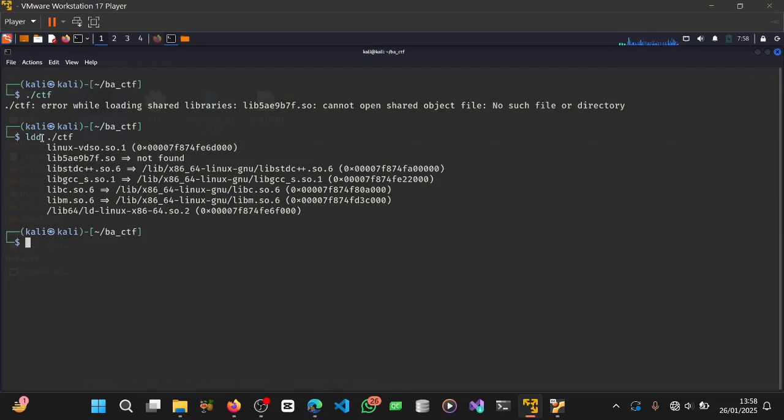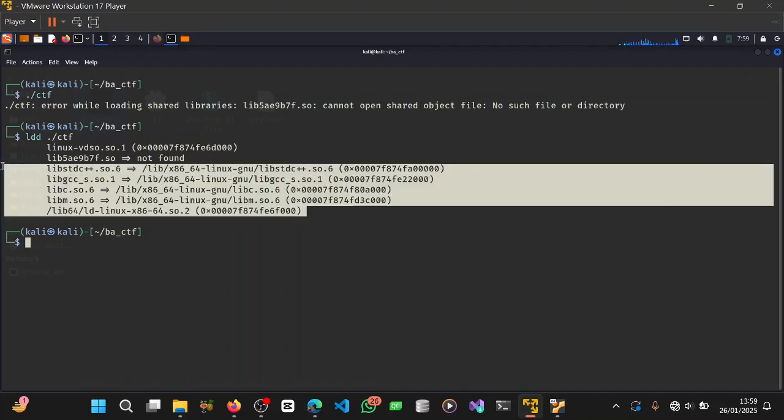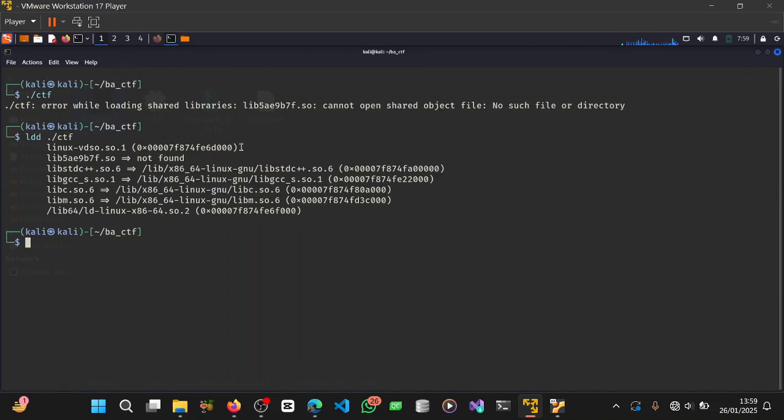This command helps to know the dependencies or shared libraries that a program depends on while it is executing or before it executes. We have others here which are available on my Kali Linux, and also this one here available. But this one was not found on my Kali Linux, and this is what the program needs to run successfully. So how are we going to discover